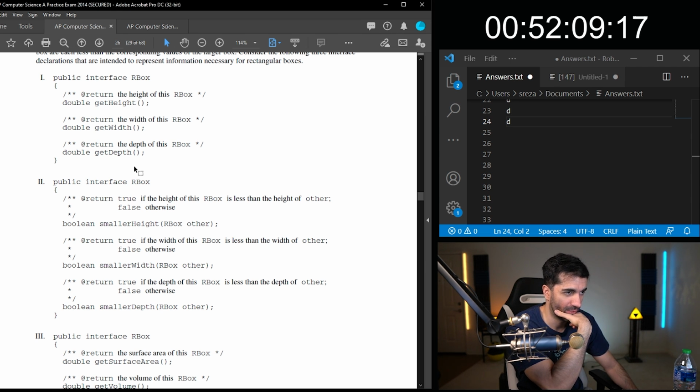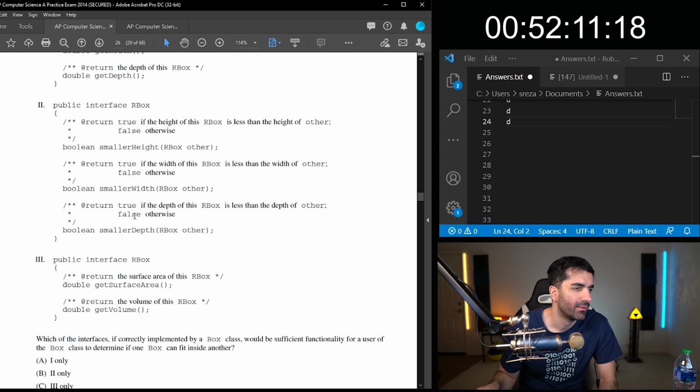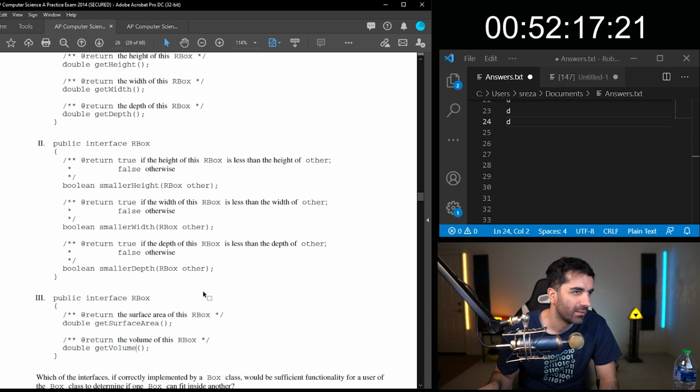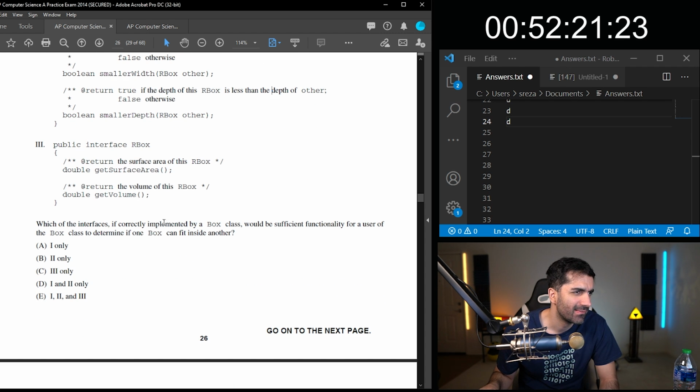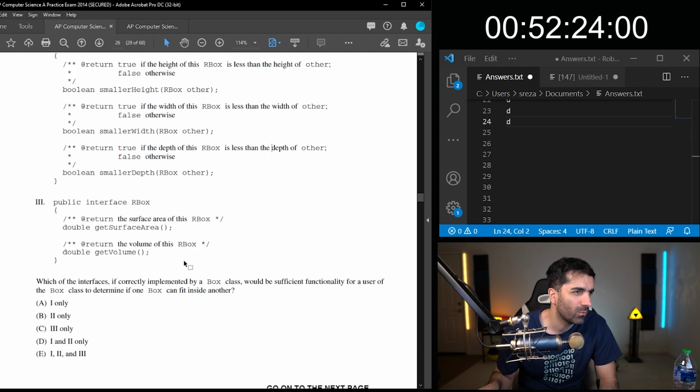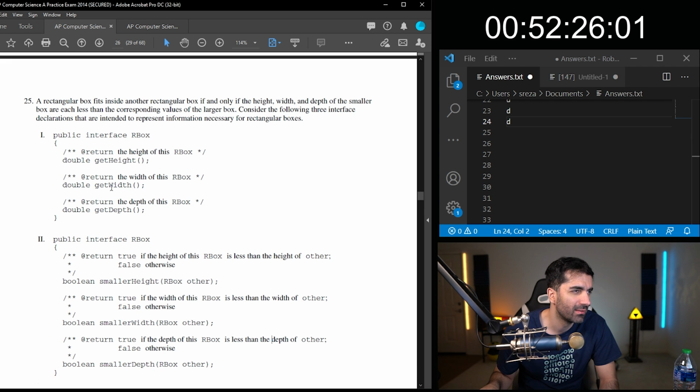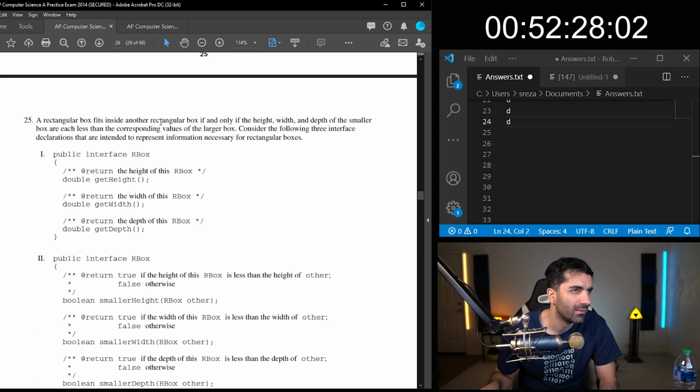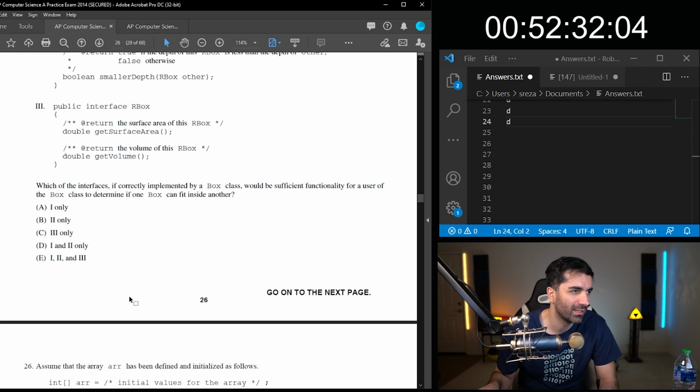I feel like 2 would work. I feel like with 1 or 3 we wouldn't have enough information. I feel like 2 would definitely work. 1. I feel like 1 could work too, because we'd be able to just get the height of everything. I feel like it's 1 and 2.